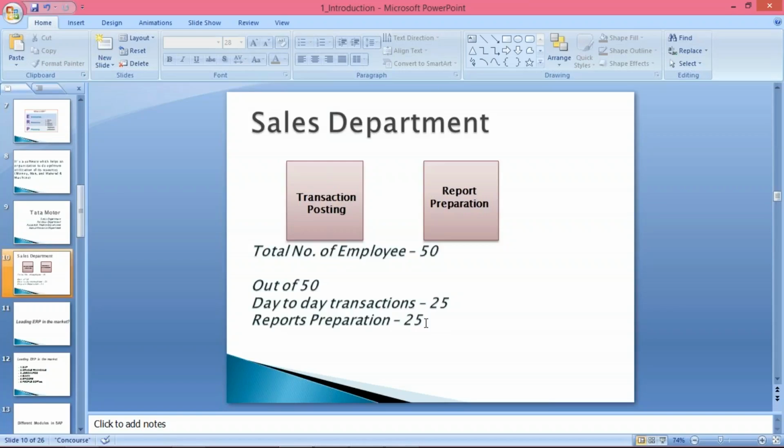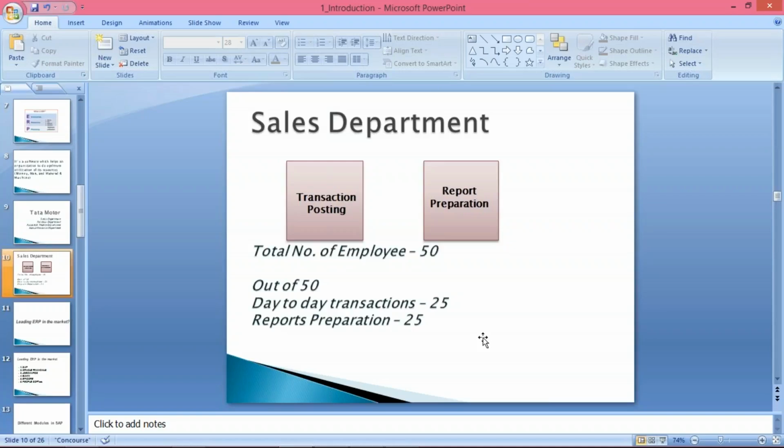SAP is going to prepare the report, and it is updated automatically within a second. Okay. So now what will happen? These 25 resources who were required for report preparation are not required. So Tata Motor is going to engage these people in a different activity.